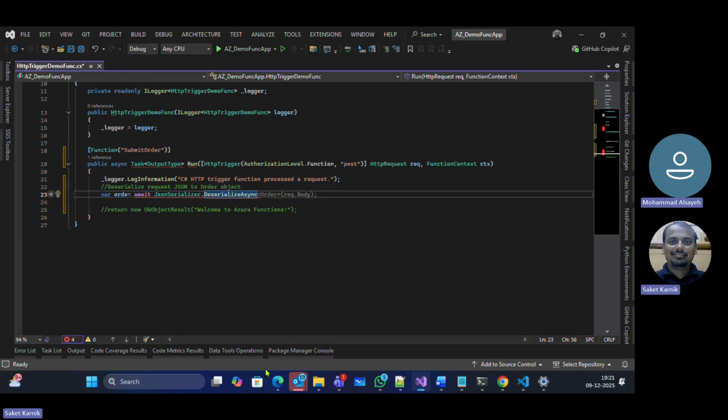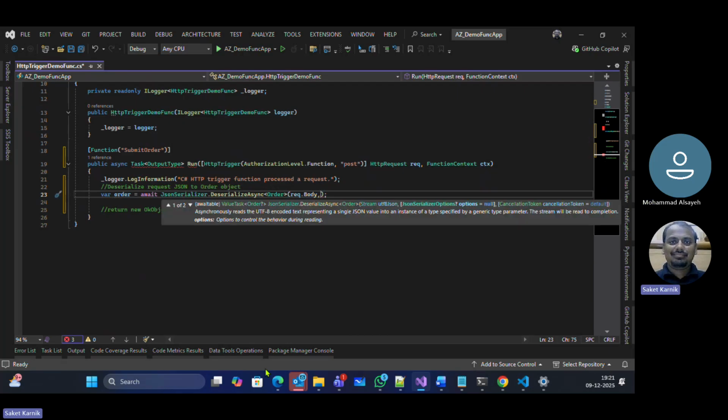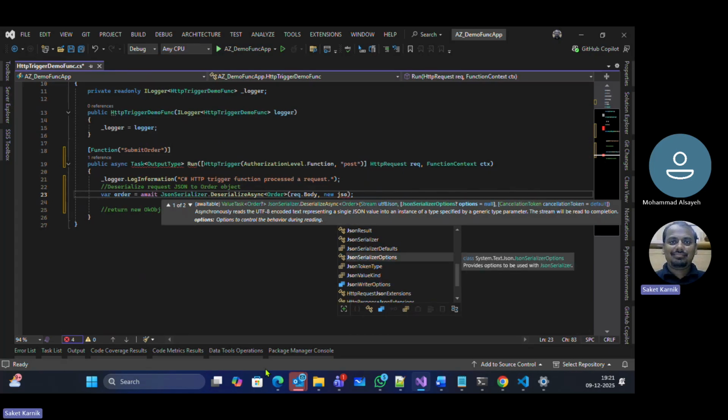I am looking to deserialize an object of type order, from where it is going to take the input from is the request.body, and then some options I want to pass here as new JSON serializer options